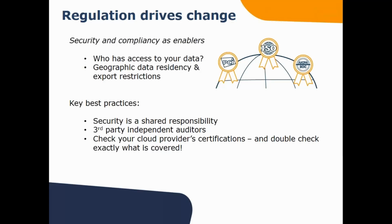So let's talk a little bit more about that. It's not just a matter of which country the data center is in, but what else are you looking for in terms of certifications and security compliance with your provider? Well, when you're looking at the whole package of our SaaS services, then both parties, both us, TOPdesk, and our hosting provider have a